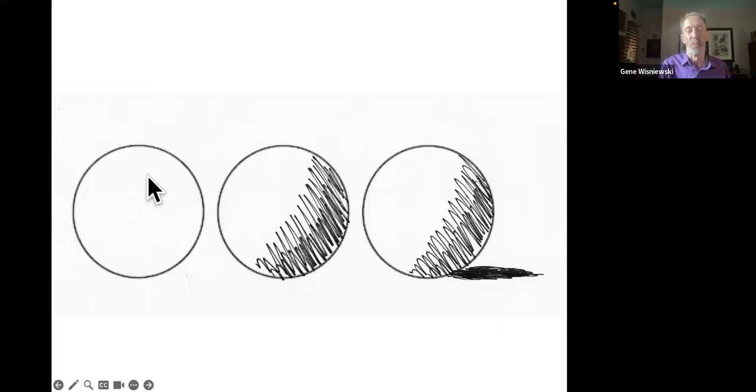Here we have a circle. You put some shading on the circle, all of a sudden it looks round. You put a shadow behind it, all of a sudden it looks round like it's sitting on something. And shadows, the play of light and dark, is what makes a painting look three-dimensional and gives a feeling of